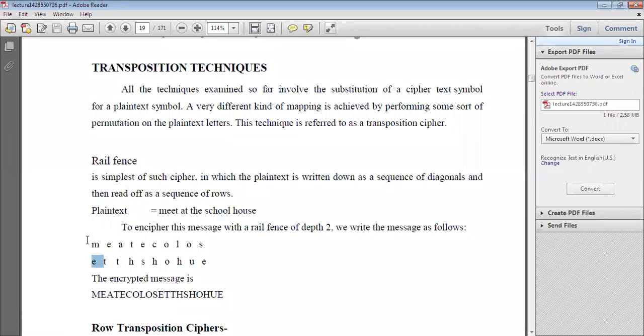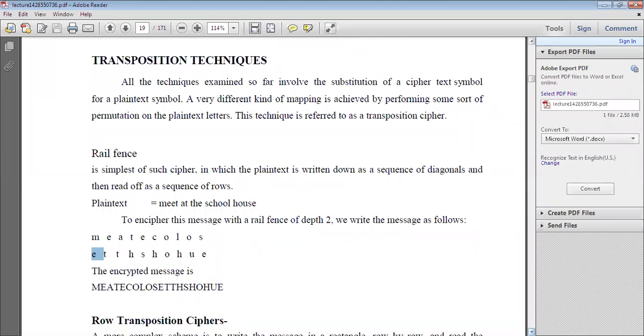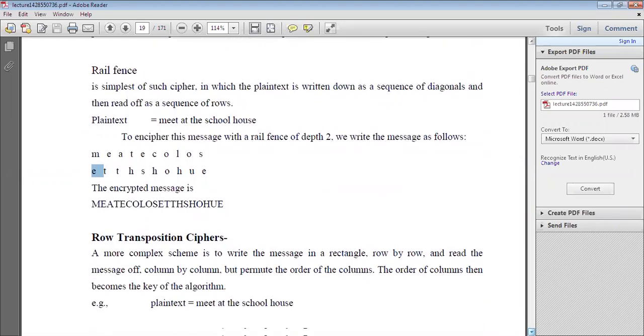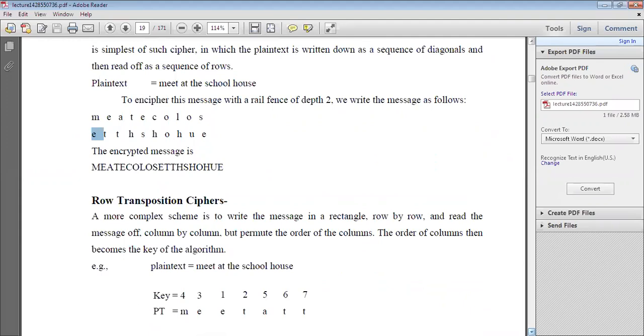Whenever you write the information, you write the first row, second row, third row, fourth row, like that. So in depth 3, this is how you convert plain text to ciphertext. This is the first transposition technique. The second transposition technique is row transposition ciphers.